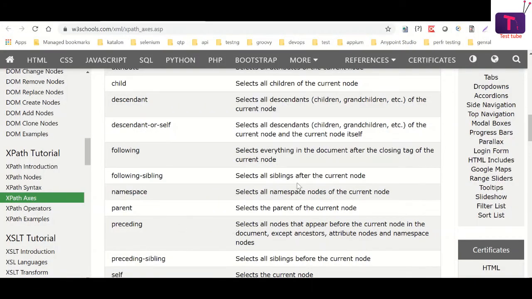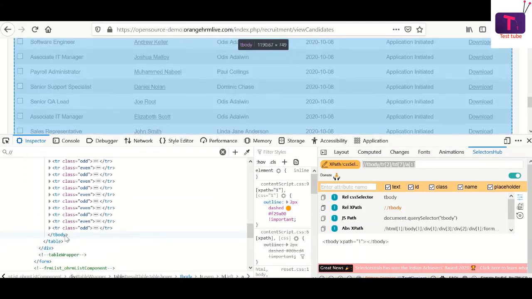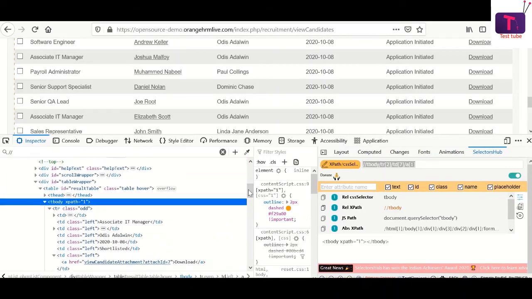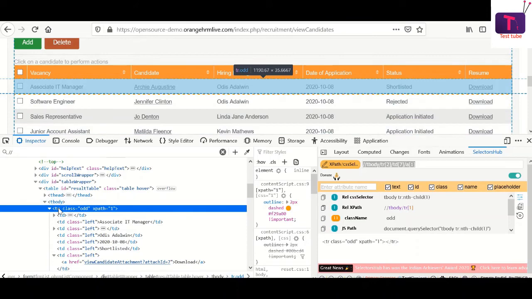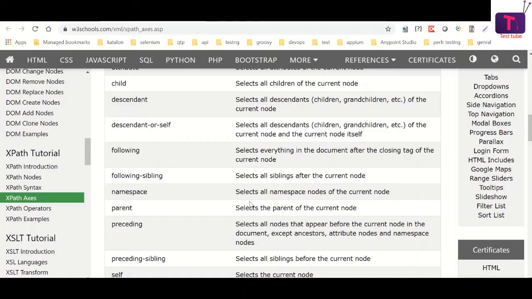Descendants. Let us see what it is. Descendants selects all descendants, meaning children, grandchildren, etc. of the current node. So this is the current node T body, and it is trying to identify its children and grandchildren. So this is the node, and its child is TR, and its grandchild is going to be TD, all TDs inside this one. So if we say only child, TR will be the only child, and the next TR will be another child. Since we said it is siblings,